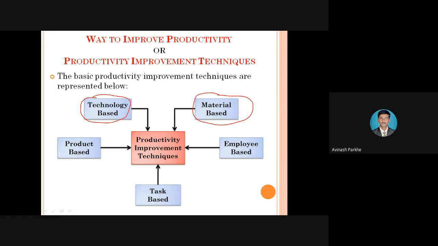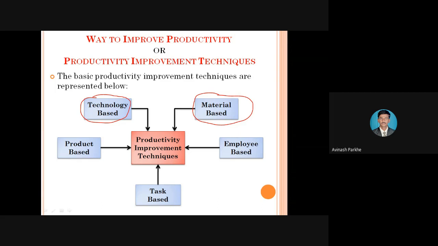Okay, the material based means here the 2 points are very important, that is material planning and material control. Material planning means if I have to manufacture this particular product, then this type of material I have to provide, and once I have provided that material, during the conversion of that material into the finished goods, we have to focus on its control also, because sometimes the quality of the product can be maintained, but during maintaining that quality, maximum wastage will be taking place.